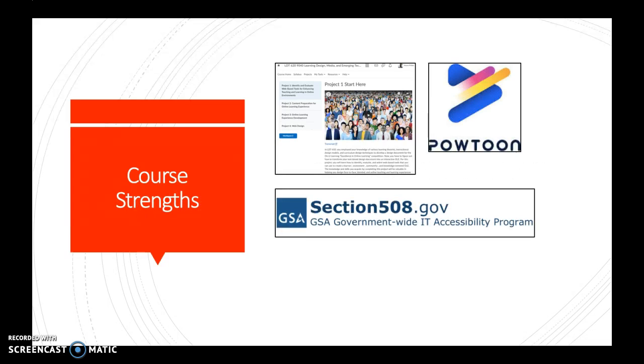Now let's talk a little bit about some of the course strengths. The course flow was really, really well developed and provided a great step-by-step guide to information needed to really understand the importance of how to approach an OLE properly. One of the highlights of this course was how it challenged the learners to step through the process of ensuring that a good checklist is created and completed before the OLE development is finalized.